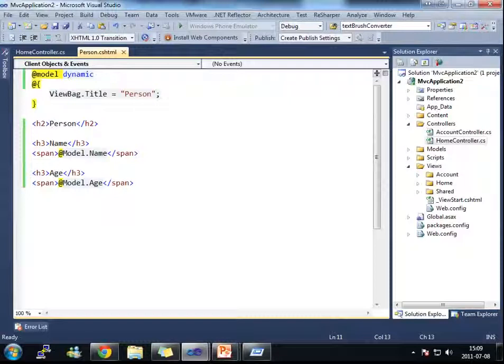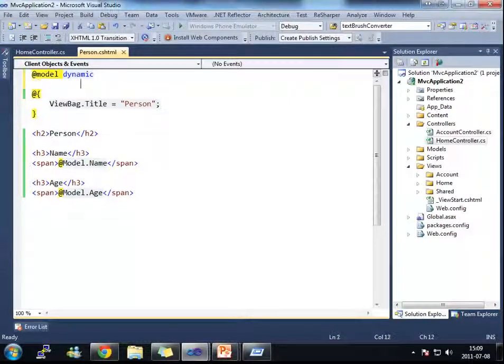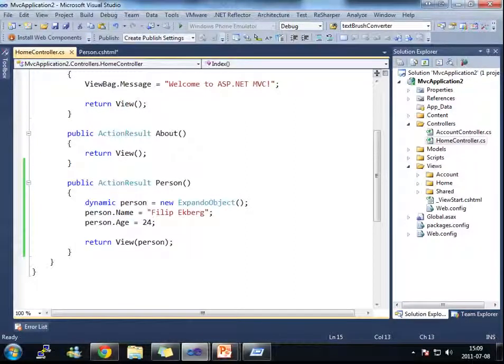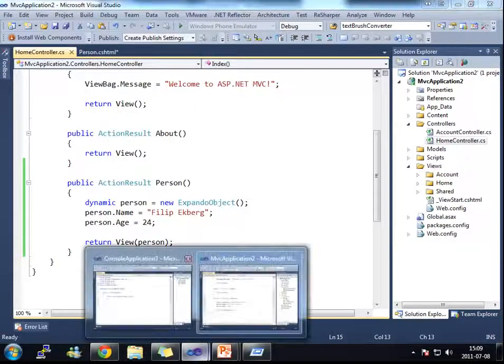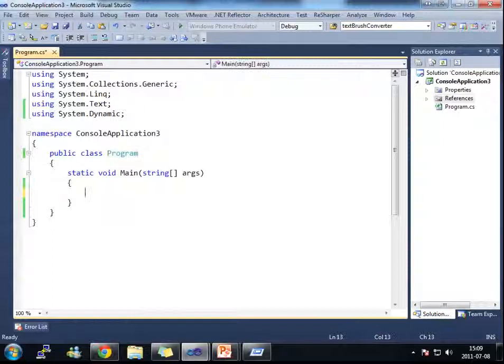I won't argue with you if this is the good way or the bad way to do it. Generally, you might want to have your models strongly typed. You might have seen here that I could add a method, and I want to show you an example that I can actually run and show you how this works. So I'm going to go into a console application here that I just created, and what I'm going to do is